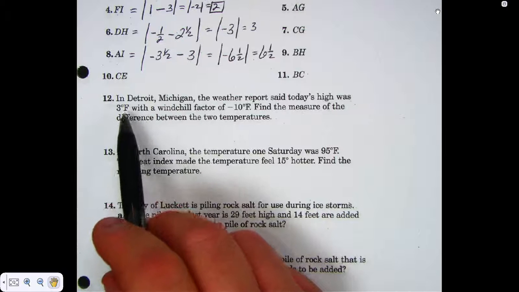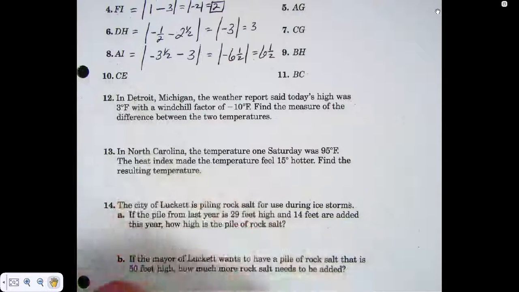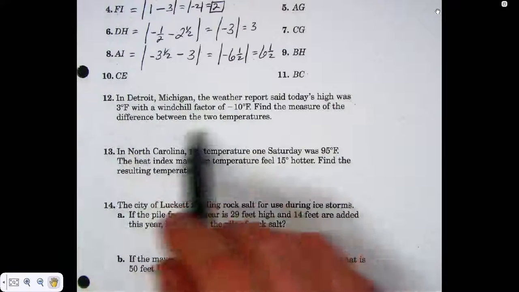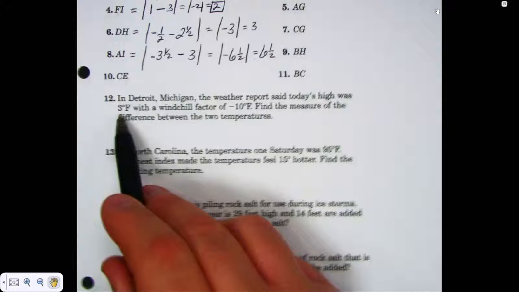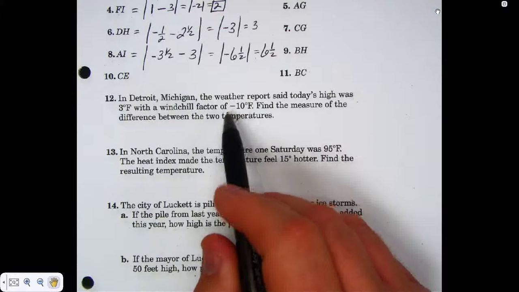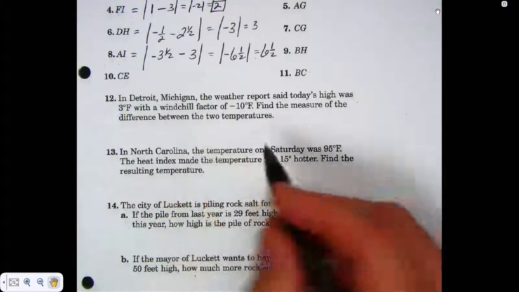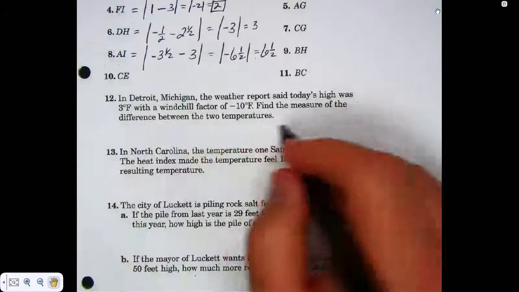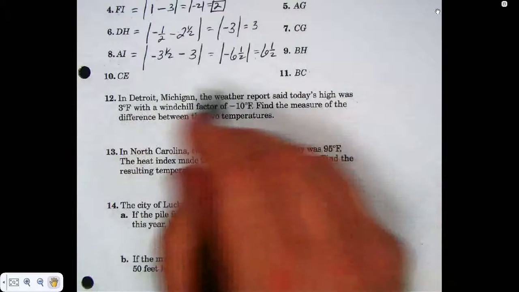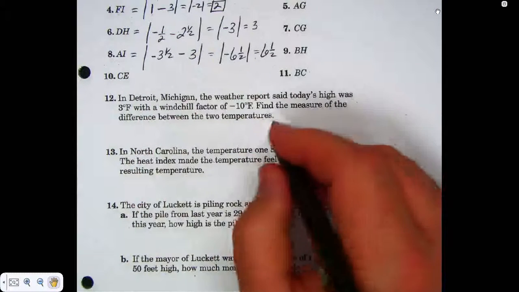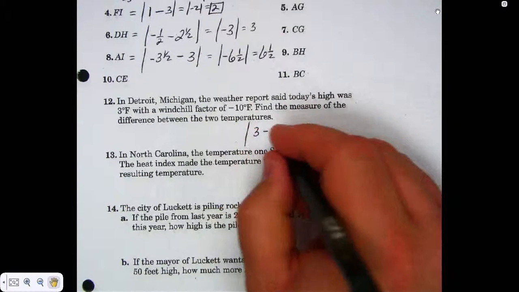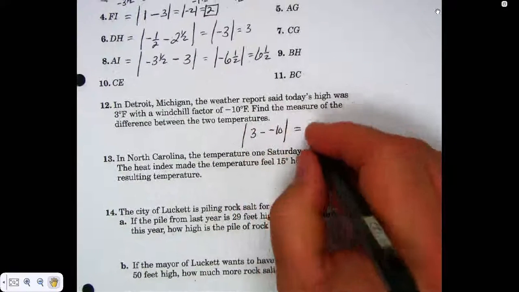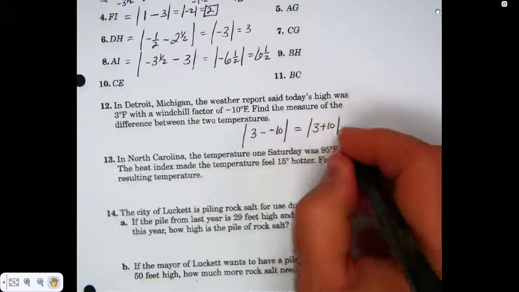Can you tell me if there's, in essence, any difference between number 12 and number 8? To find the difference between two numbers, basically this is a number line, isn't it? You've got one with a coordinate of 3, the other one with a coordinate of what? To find the difference, it can't be a negative number. Same thing. So absolute value of 3 minus what? Negative what? It'd be 3 plus 10, which would be